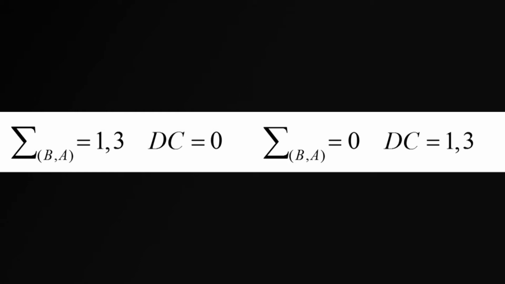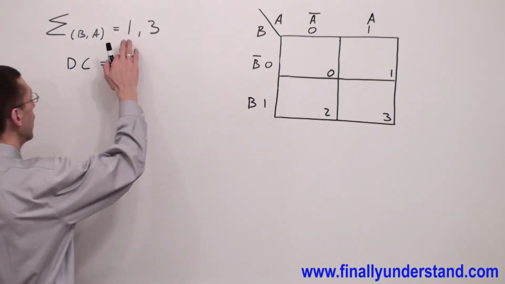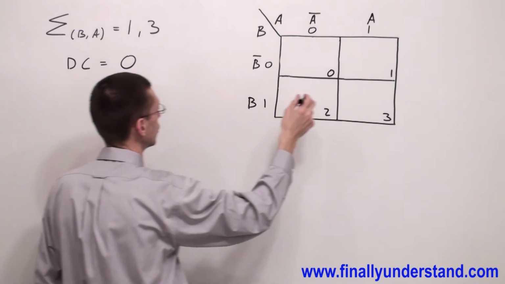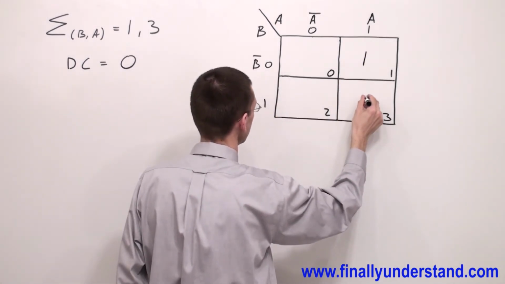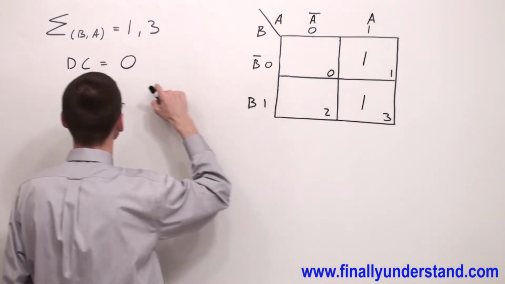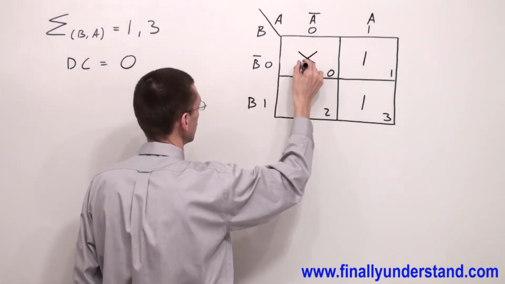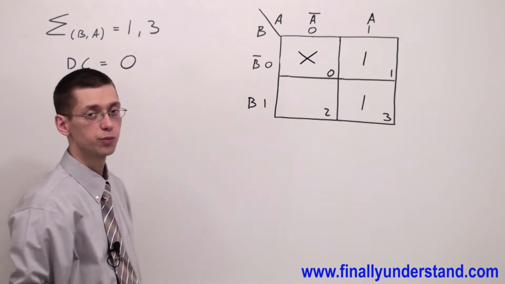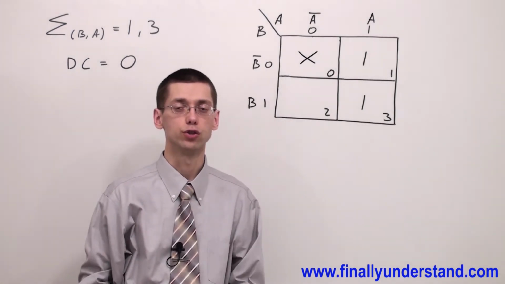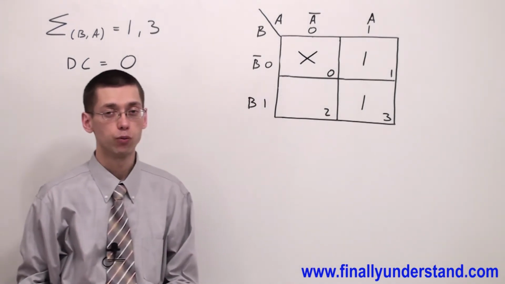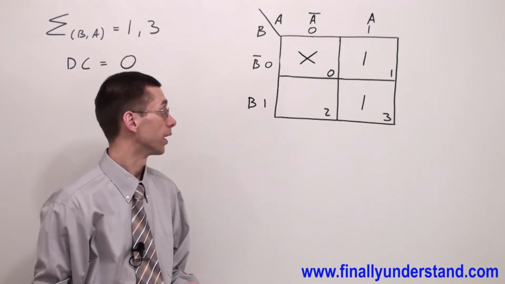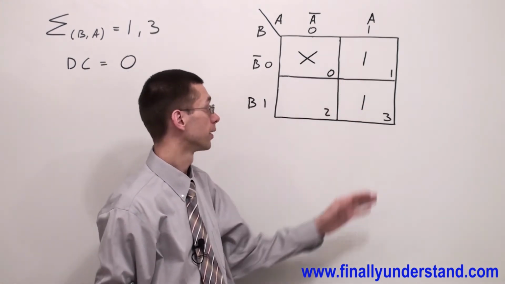Let's take a look at this example. We have ones in cells 1 and 3 and don't care in cell number 0. As we said before, we will use don't care anytime we will need this. But let's say in this example, we have